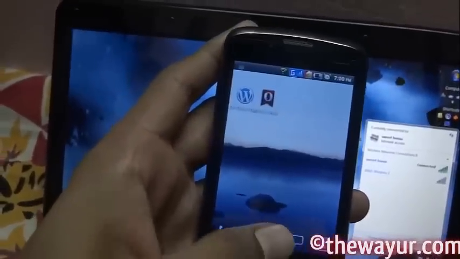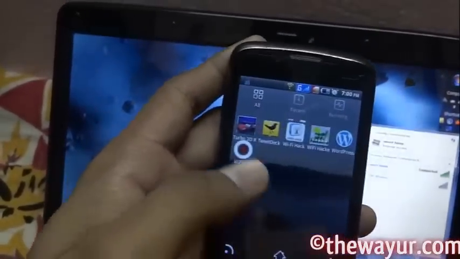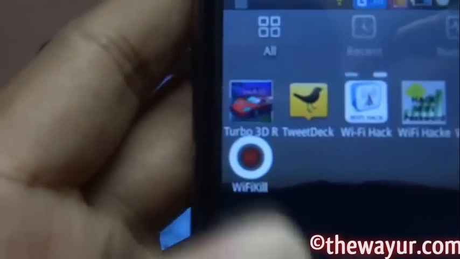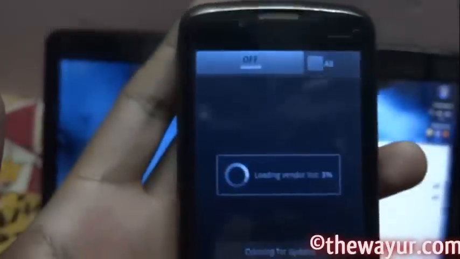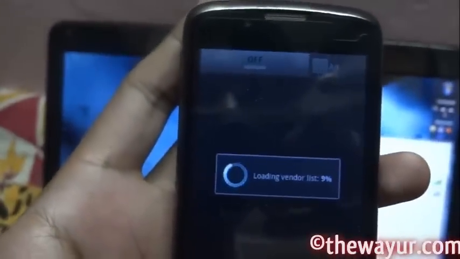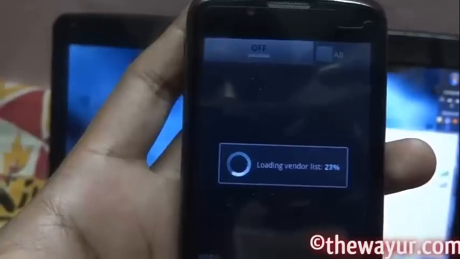Launch that app, Wi-Fi kill app. It will take some time to scan everything.